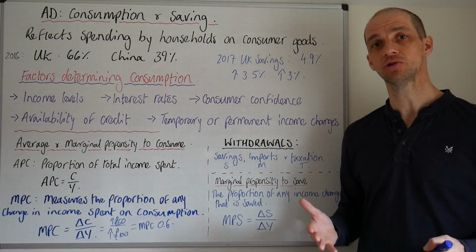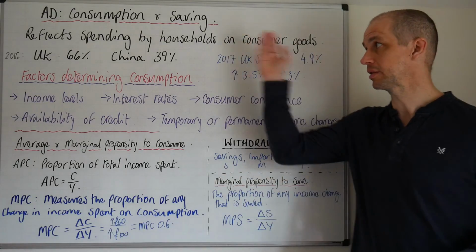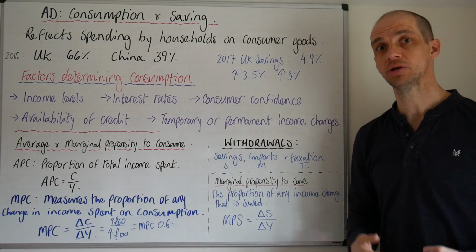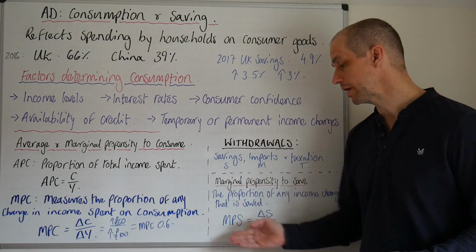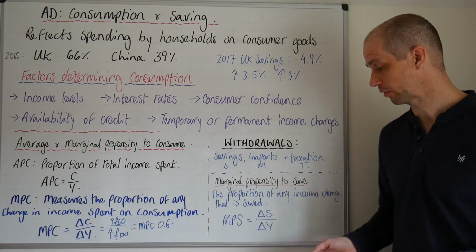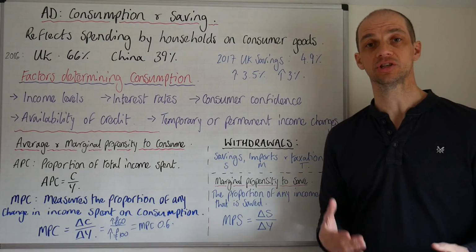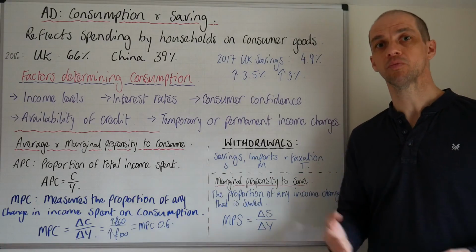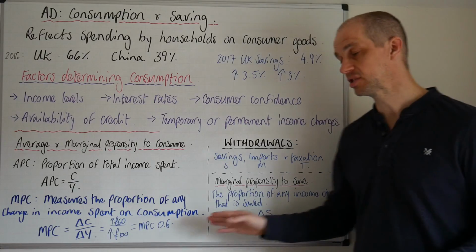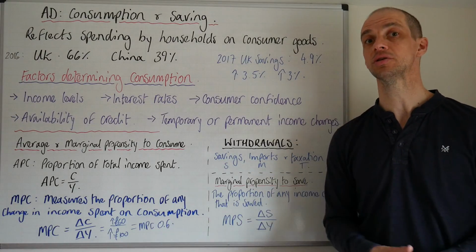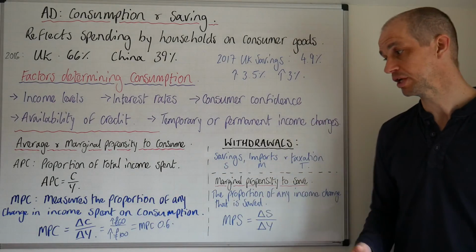Okay, so the final element that we just need to make sure that we're clear on is that of the marginal propensity to save. So, as we've mentioned, some societies, like the Chinese economy, will choose to save a much higher proportion of their income. And we can measure this in exactly the same sort of way, where we've got a change in the savings level divided by that change in income. Now, what's a good level? Well, it very much depends. But it's certainly argued that in some circumstances you can even get a marginal propensity to consume beyond one.